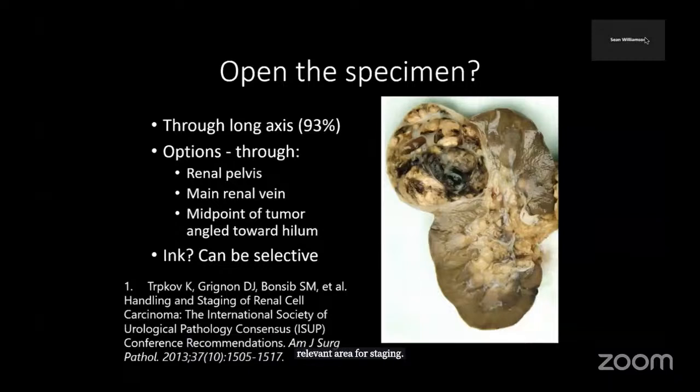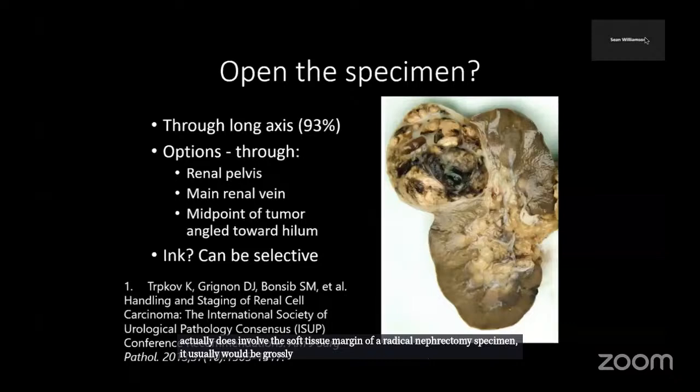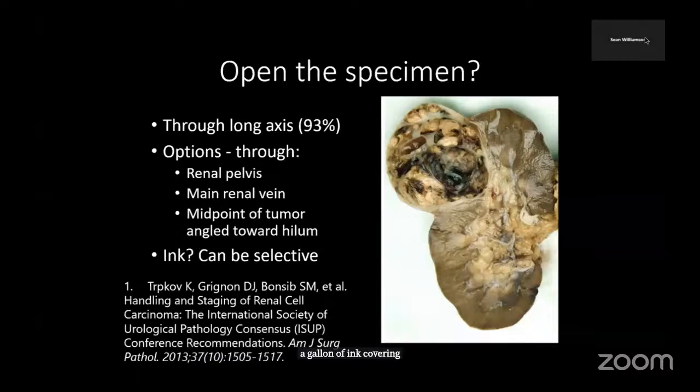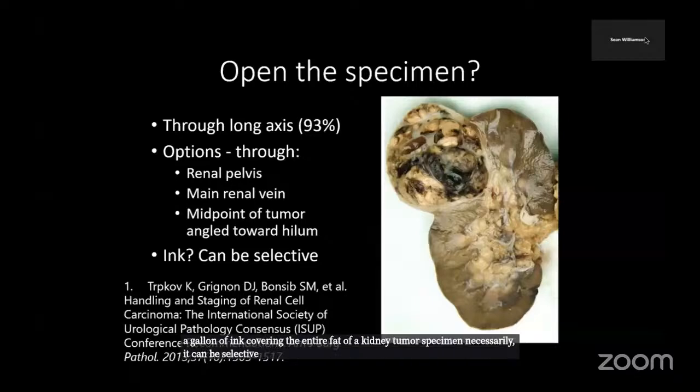I think with inking, it's reasonable to be selective, since if a kidney tumor actually does involve the soft tissue margin of a radical nephrectomy specimen, it usually would be grossly apparent that the tumor is infiltrating the soft tissue and visible on the surface. So I don't think you have to necessarily waste a whole gallon of ink covering the entire fat of a kidney tumor specimen. It can be selective if there are areas that would be more suspicious for adherence to